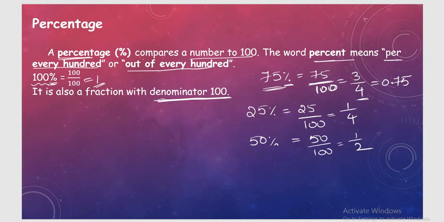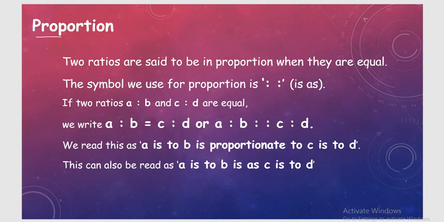Next we are going to talk about proportion. Proportion is different from compound ratio. There is a lot of difference between these two things. Proportion means if you have two ratios, A is to B and C is to D, then this ratio and this ratio both should be equal. If these two ratios are equal, then we say they are in proportion, right? So when two ratios are equal, then we say they are in proportion, right?